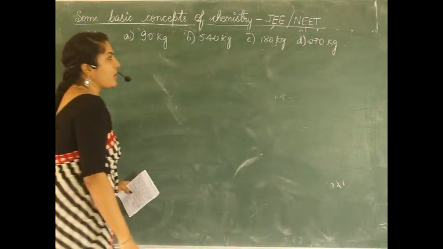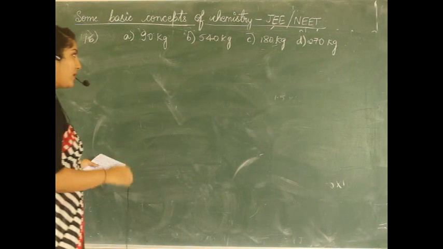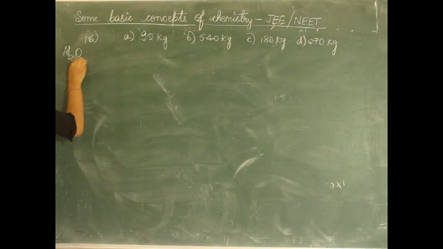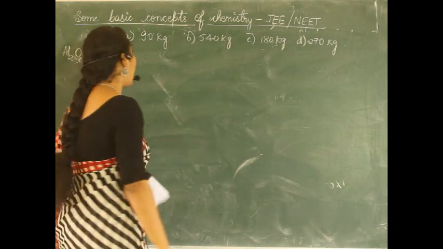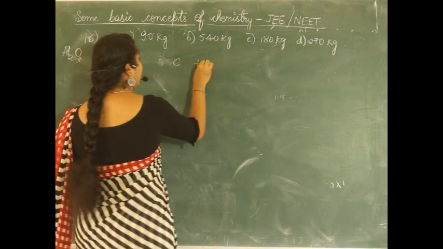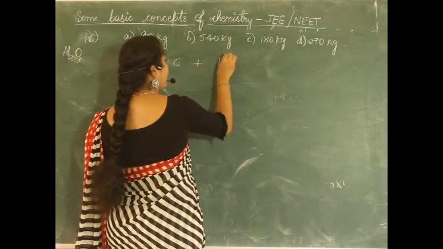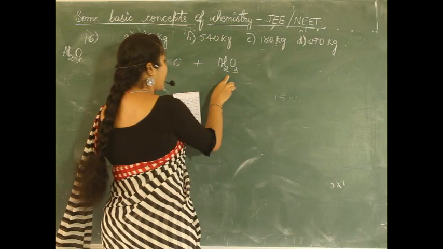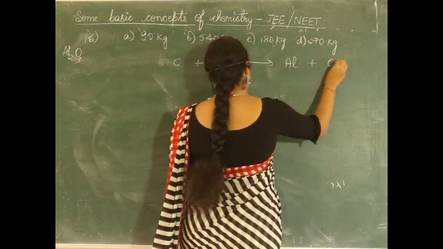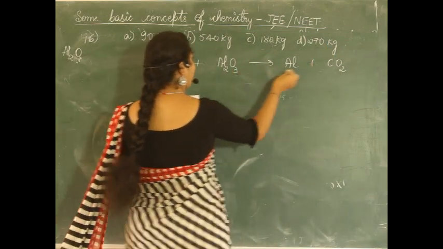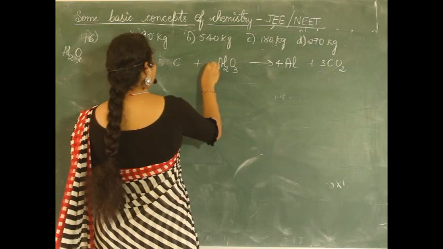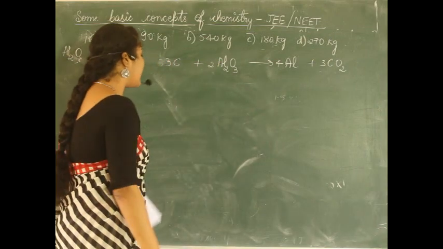So it comes under stoichiometry and stoichiometric calculation. Bauxite is nothing but Al2O3 form of aluminium. Okay, Al2O3. Let us generally consider the reaction carbon anode consumed during the reaction. So alumina, bauxite, which gives aluminium and carbon dioxide. So as you balance, you get it as 2 and 3. You can balance it easily.